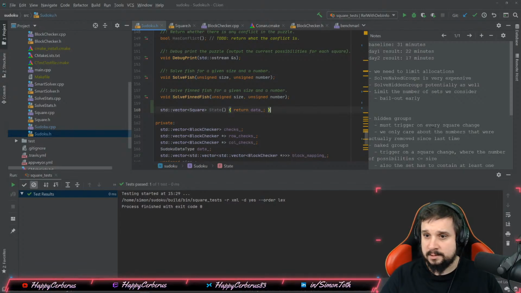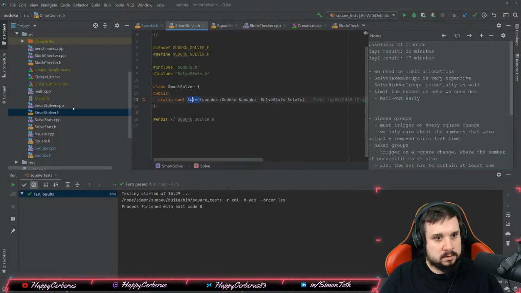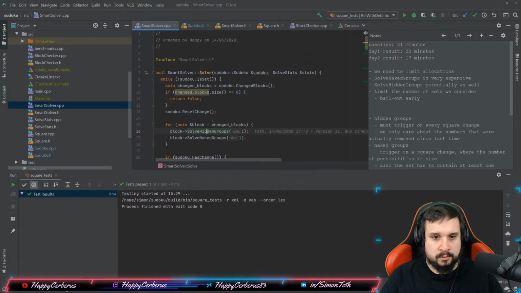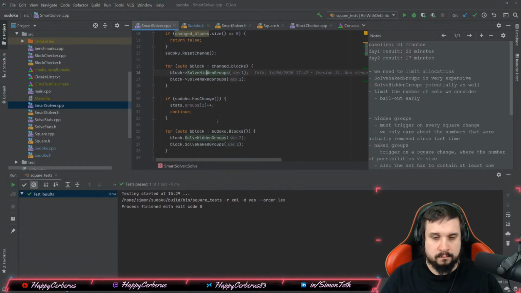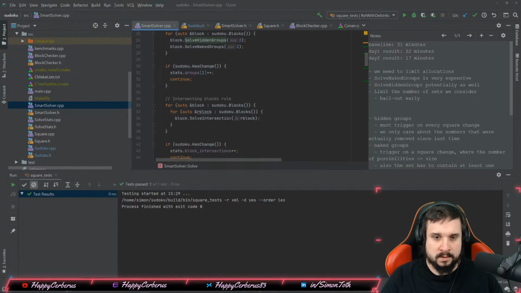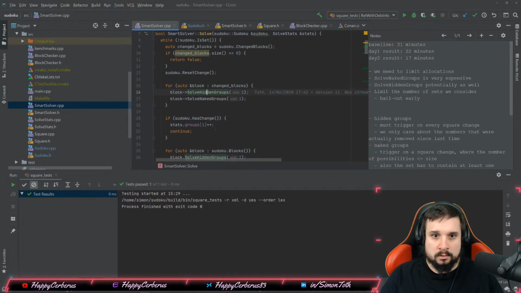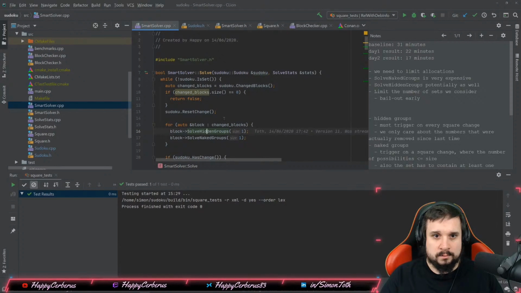Well, we'll see. Okay. Anyway, so let's go to the solver then. In the solver, for each of these for loops, instead of going through everything or all the changed blocks, what we want to do is